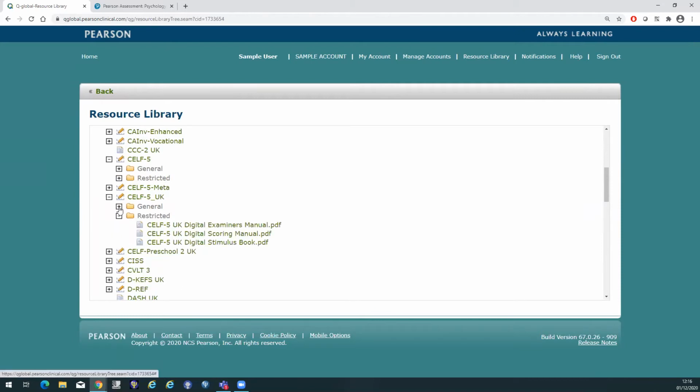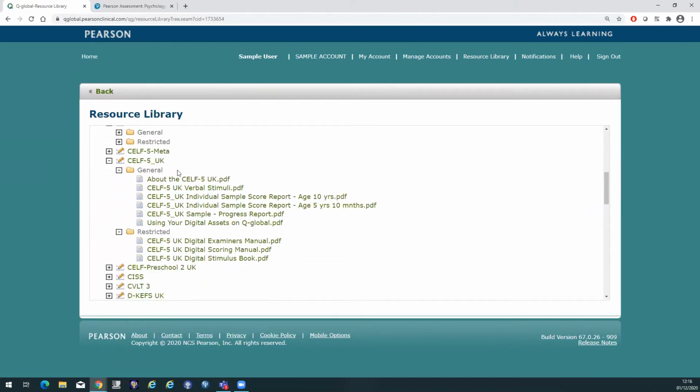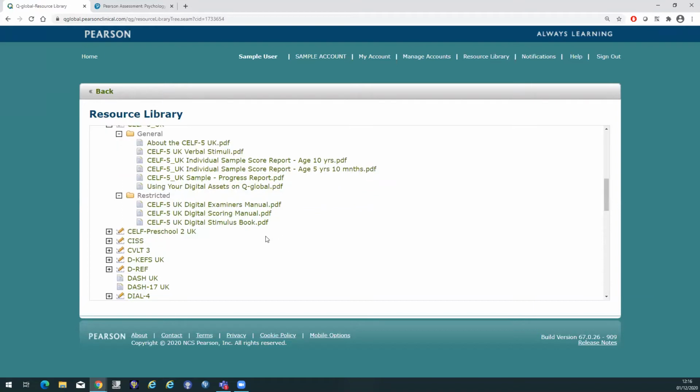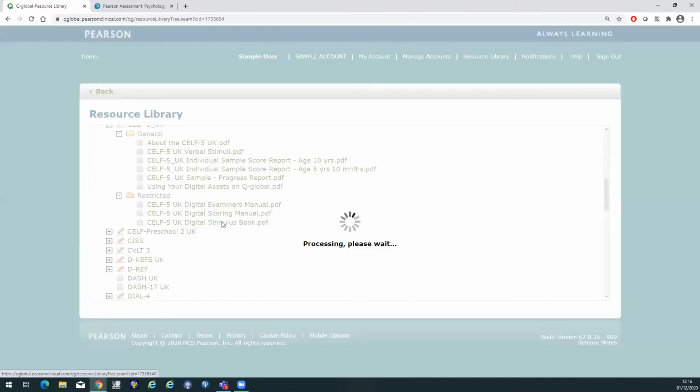You'll always see two folders, and that's generally the case for most of the assessments in here. The general folder will contain resources that are free and are available to users who sign up to Q Global always, so you can view them. They include sample reports and about sheets, things like that. And then come the resources that you will purchase to view in this library, and those are going to be the manuals and the stimulus material. Ultimately, you're tasked with bringing it up on screen,